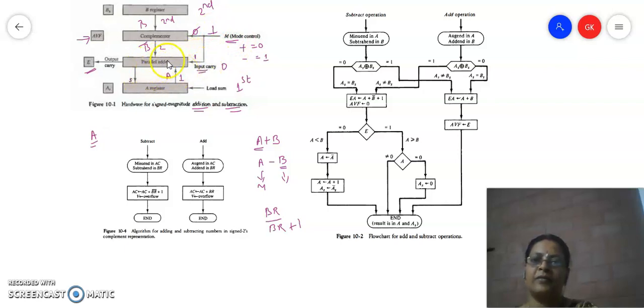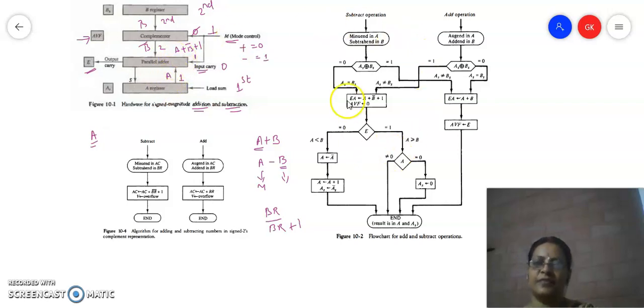So what you will have in the parallel adder is A, B bar, and then plus 1. So A plus B bar plus 1 is nothing but A plus 2's complement of B, which is nothing but subtraction. So it will do the subtraction also with the same parallel adder setup. So this is going to be the hardware requirement for both performing addition and subtraction. Hope this would be clear to you.